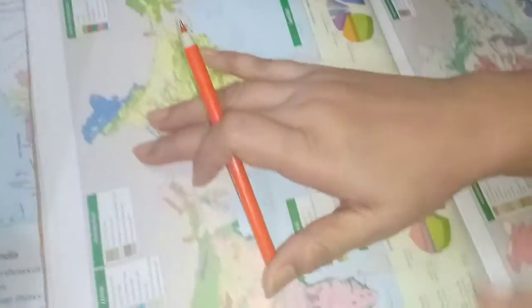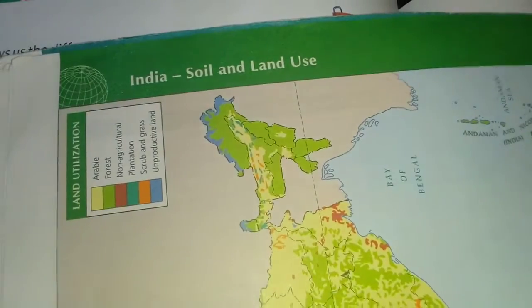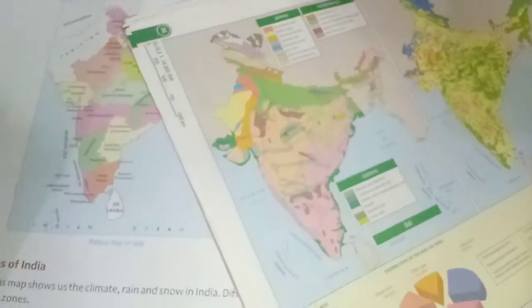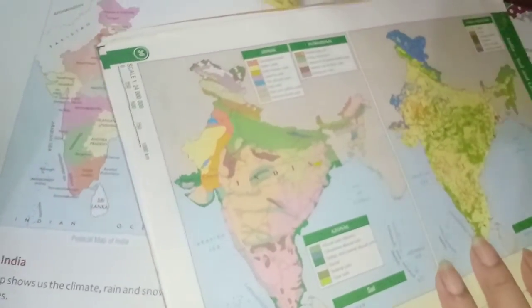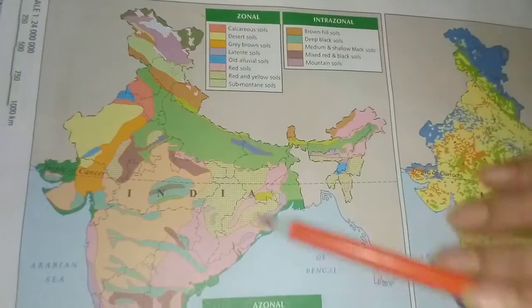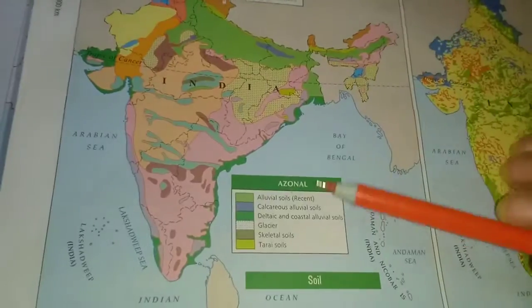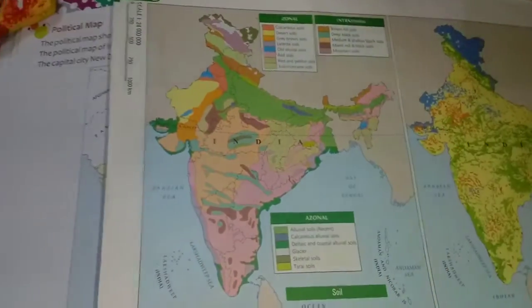Next, soil. Soil is also a natural resource, and this map of India shows different types of soils. Here are different types of soils in different colors. It is the index here, and it shows different types of soils.